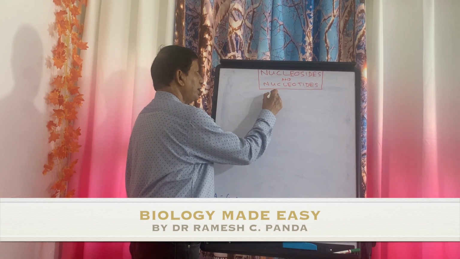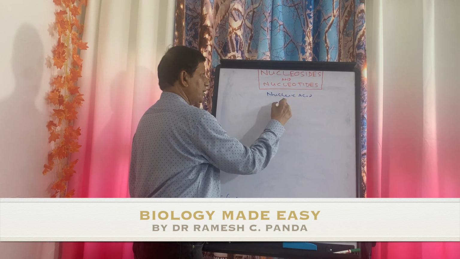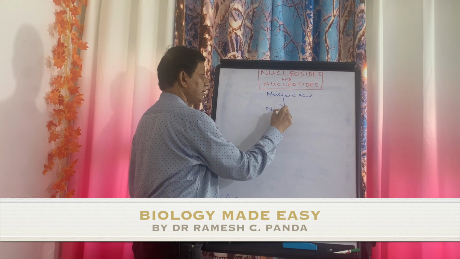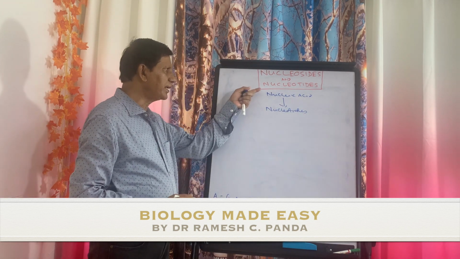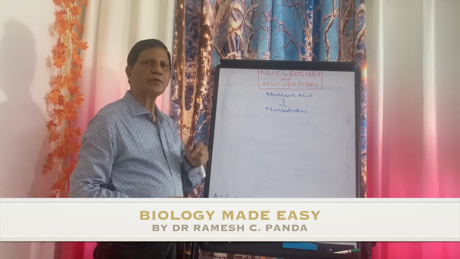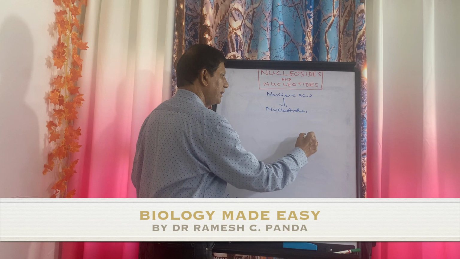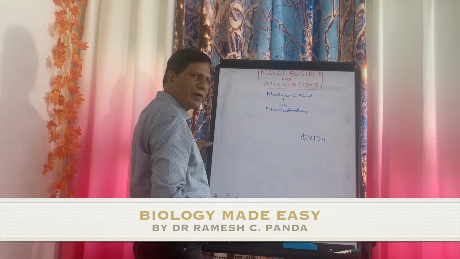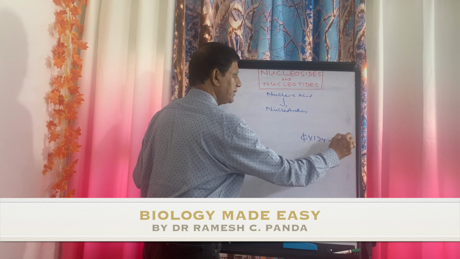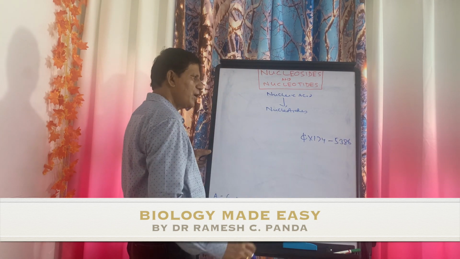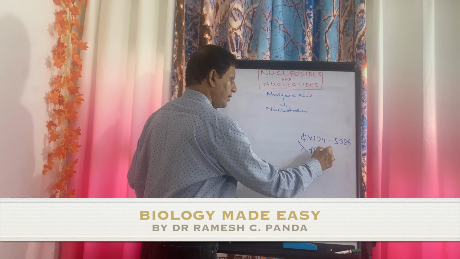Now, if we take one nucleic acid, it will consist of several nucleotides. So, what will be the length of the nucleic acid? That depends upon the number of nucleotides. For example, in phi X 174, a virus, there are 5,386 nucleotides, while in a lambda phage, there are